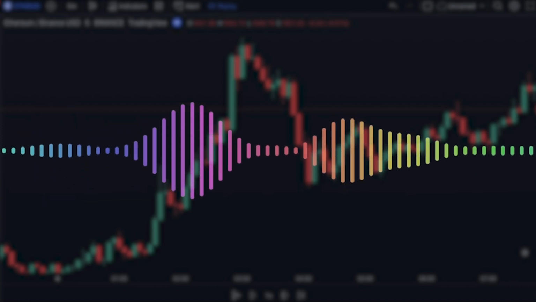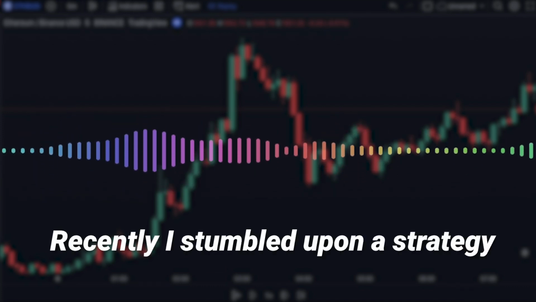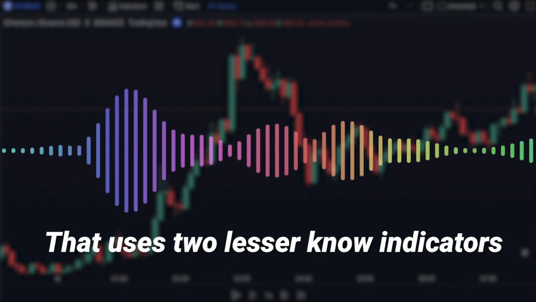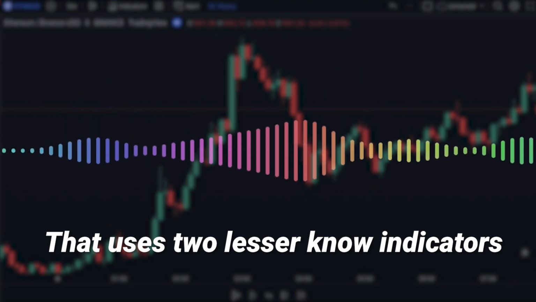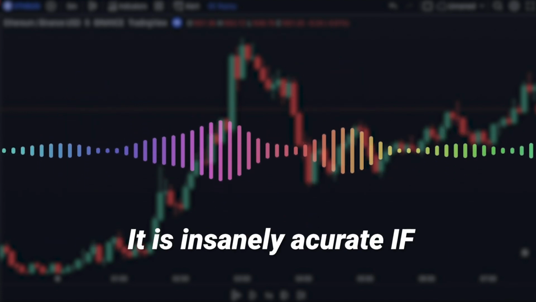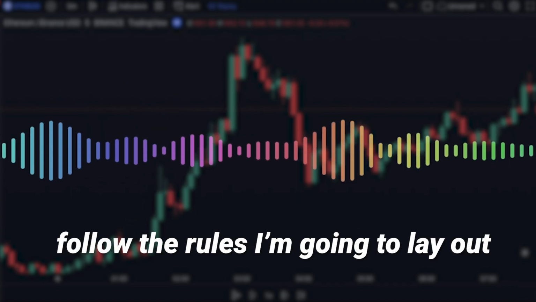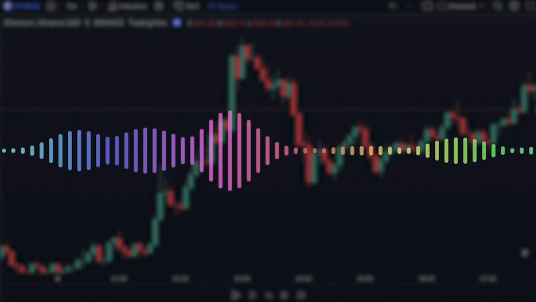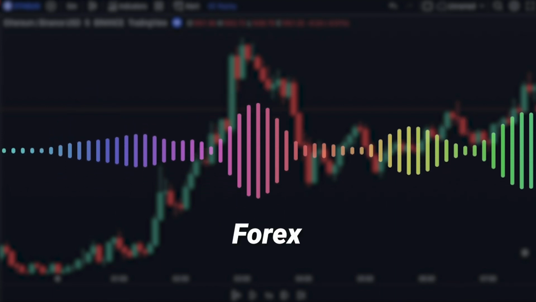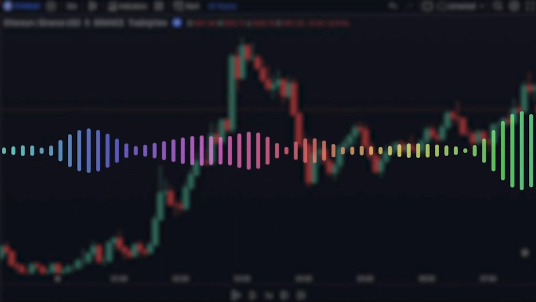I'm going to cut right to the chase. Recently, I stumbled upon a strategy that uses two lesser known TradingView indicators, and let me tell you this, it is insanely accurate if you follow the rules I'm going to lay out here today. And this will work perfectly with stocks, crypto and forex as well, and I suggest using the 1 minute time